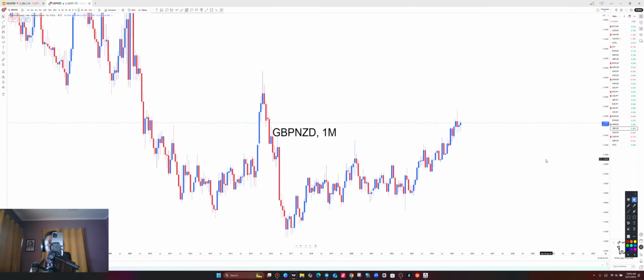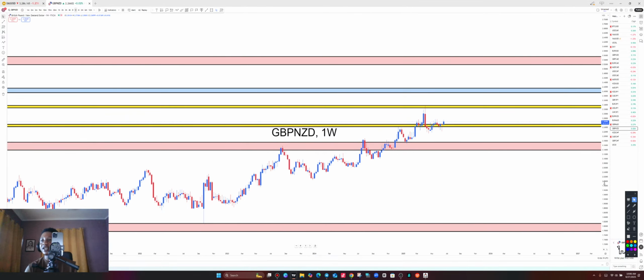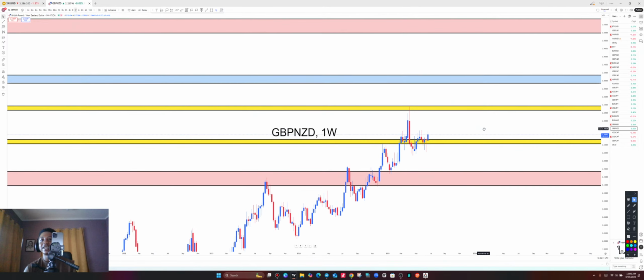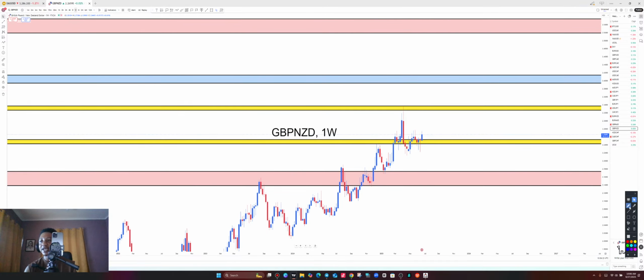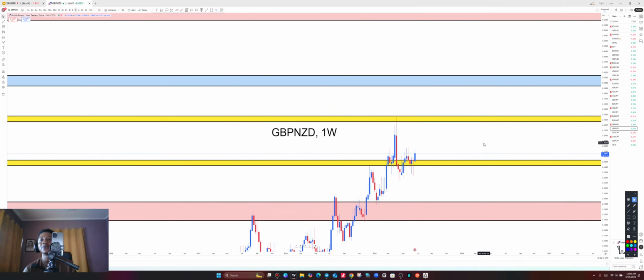Let's again consult the weekly time frame and see what the weekly is also telling us in terms of this overall direction to the upside. All right, so this is also the weekly time frame of GBP NZD. If you look at the weekly time frame, we have the upper zone and then the lower zone over here. Price is in an uptrend on the weekly time frame, telling us that we are indeed going to the upside. So where's the uptrend here? We saw higher high, higher low, higher high again, and higher low. We are heading all the way to the upside of GBP NZD.